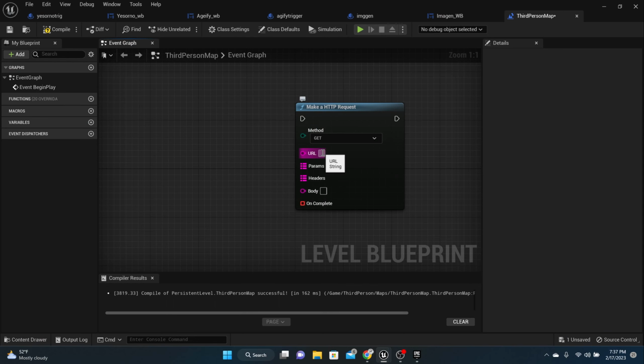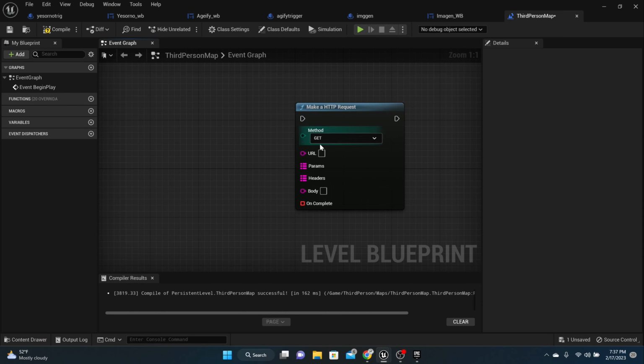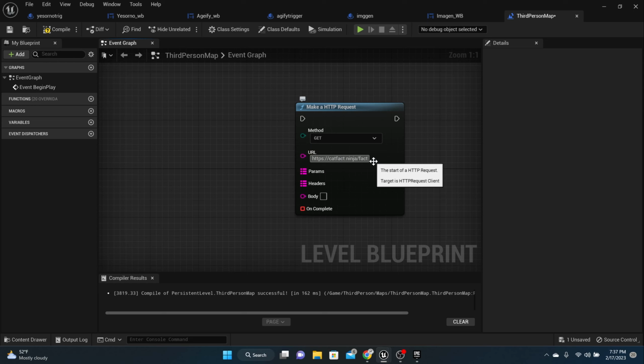So first things first is that URL. Let's go ahead and get that same URL, which is right here at the top, catfact.ninja/fact. Copy that and paste that. And we want to do a get because we're trying to get this fact from this cat fact thing. So we're going to keep that method as get. Now, for the parameters and the headers, if we go back and look at the cat thing, there are no parameters and there are no headers. We can certainly alter this around and make it have some parameters if we wanted to, but